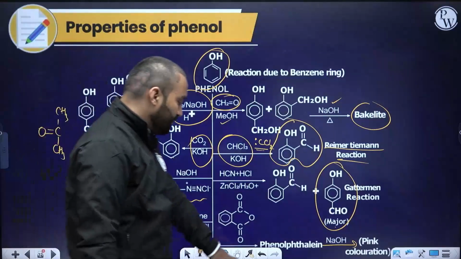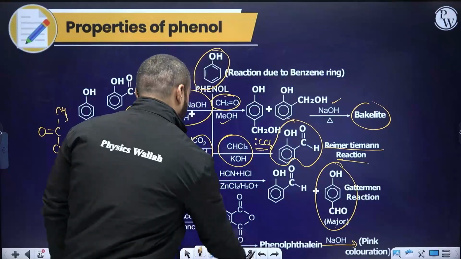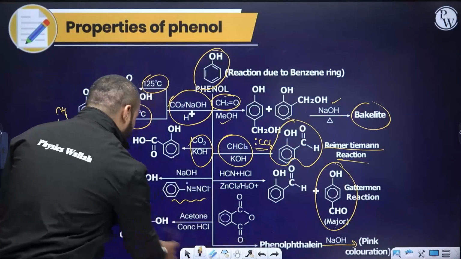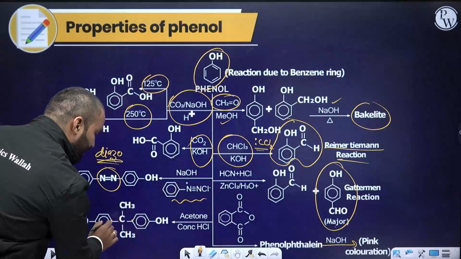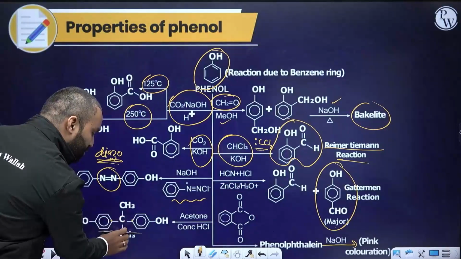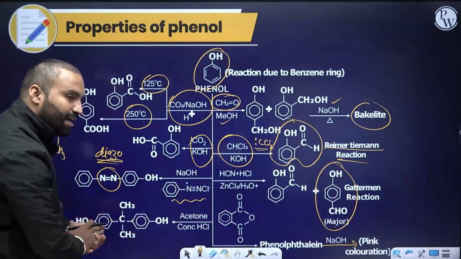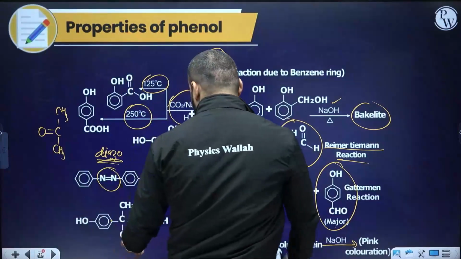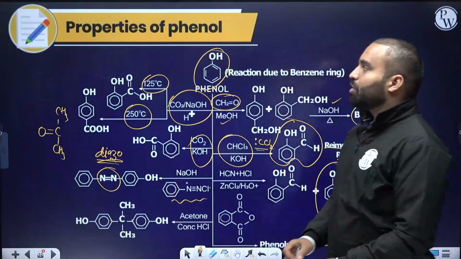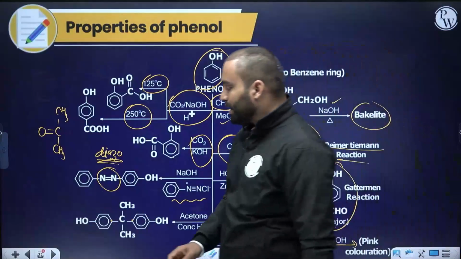I am sure you have understood what is going on here. So the hydrogen at the para position from phenol, the para position hydrogen from another phenol, and the acetone molecule is C double bond O. Dehydration happens under concentrated HCl condition. You obtain this molecule. These are the few tests or few properties of phenol that we had to discuss